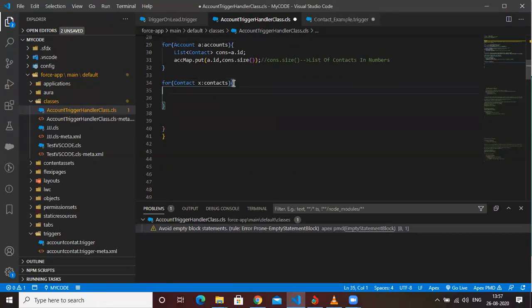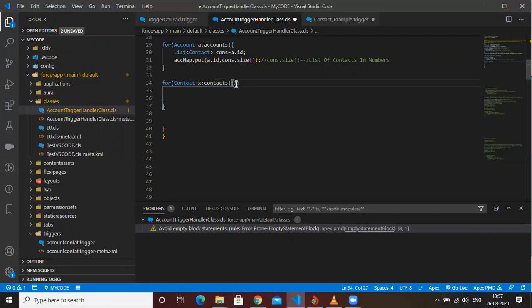Okay, so again this contact will be from the list. Now what I will do here, I need to keep one ID for account, right? So from this context, now I need to get his parent ID.